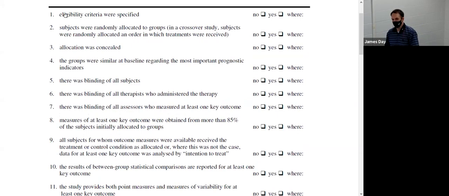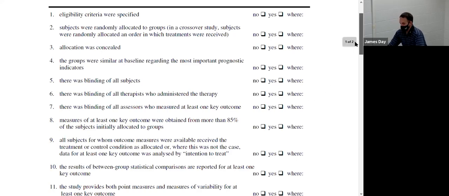And the reason number 1 is not scored is because, like I said, eligibility criteria is really going to be more about external validity than internal validity. So 2 through 9 talk about internal validity. 10 and 11 talk about statistical validity. So as you did your CAP paper, right, you were analyzing these sorts of things and noting them. Now we're just going to score them. Okay,